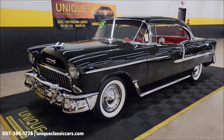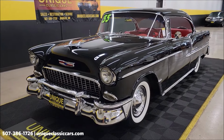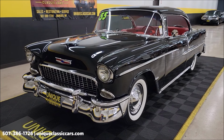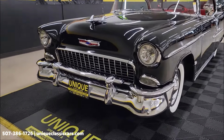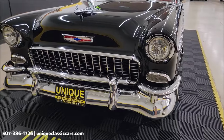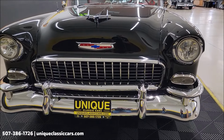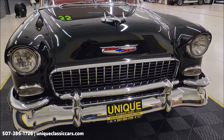Era correct 265 V8 power underneath the hood. That's paired up with a Power Glide automatic transmission. And catch this, power steering, power brakes, AC. Original black onyx car. Two-tone beige and red interior. Take a look at the front grille, bright work bumper, headlight surrounds, hood ornament, all showing very well on this